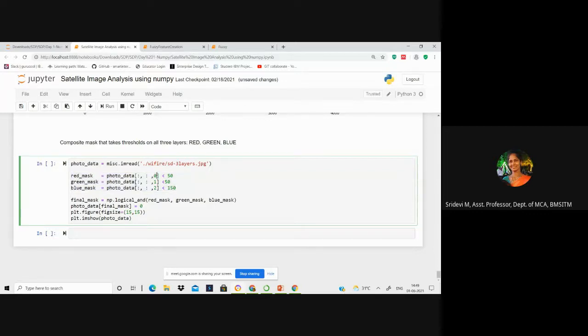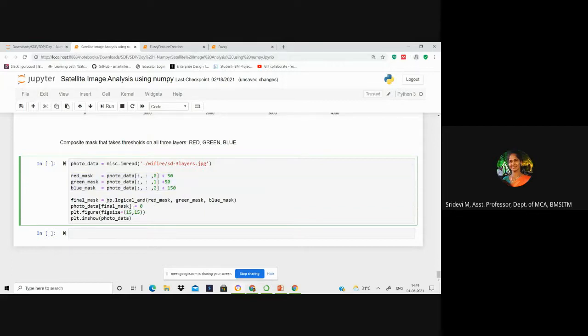With respect to red, you want to allow any intensities greater than 50. With respect to green, any intensities greater than 50. But with respect to blue, you want to allow only intensities greater than 150. Now, if you want to apply all these masks together, is that possible?